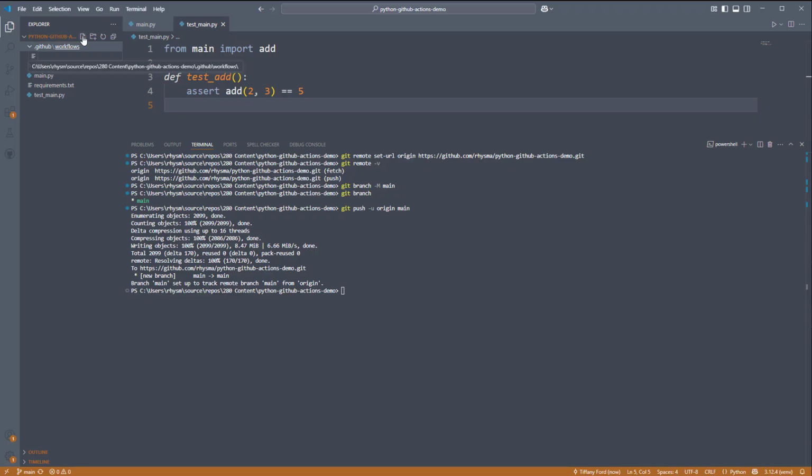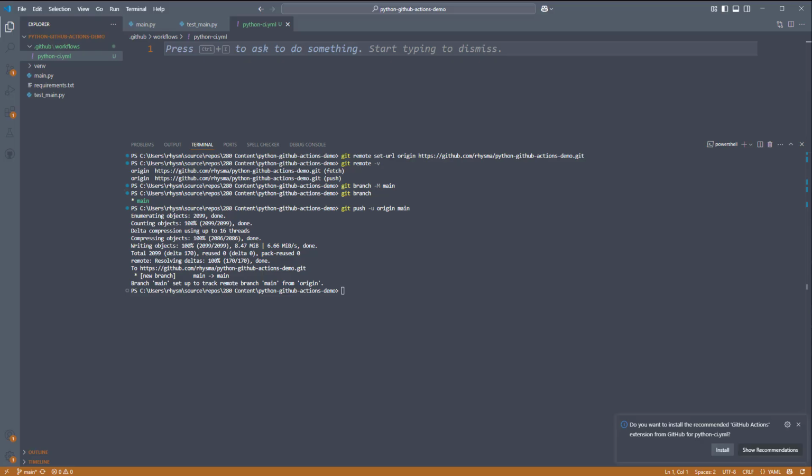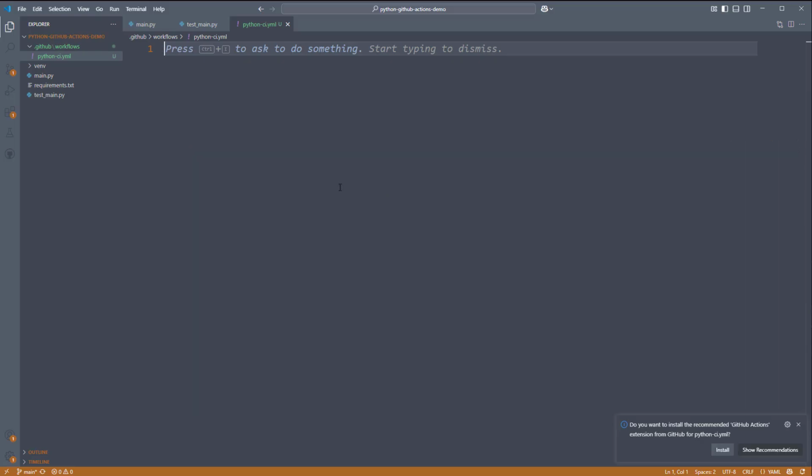But inside of workflows, we need a file named python-ci.yml. This is the file name used. I'm going to go ahead and hide the terminal. This is the file name that GitHub Actions will look for that contains our YAML code that outlines